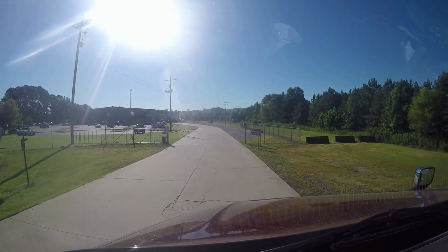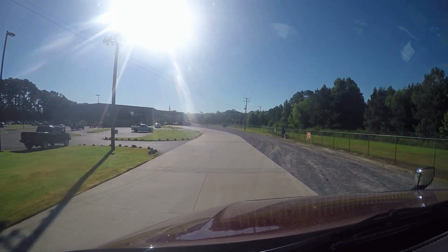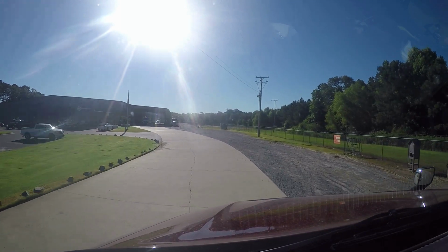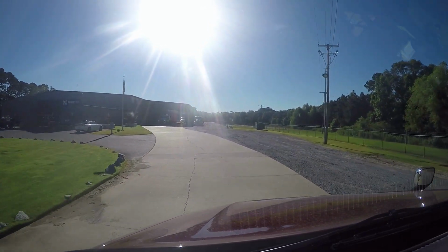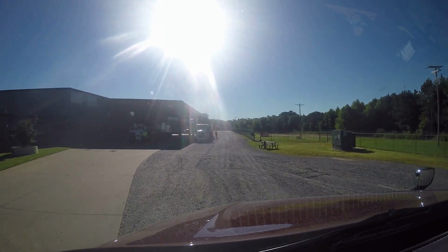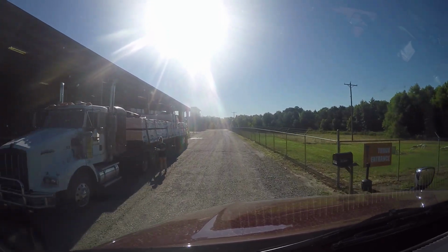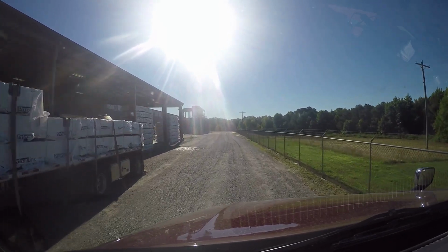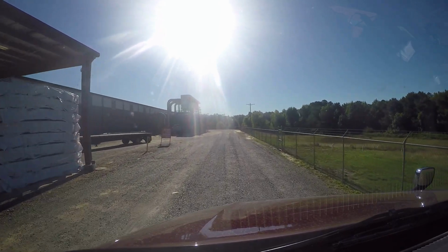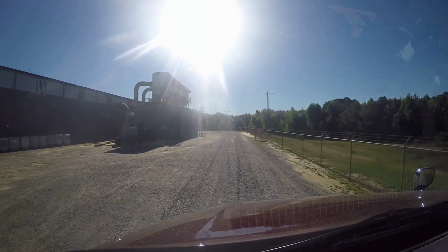Well, I see already 3 trucks, 1 loaded and 2 in the loading area. So the way this works here is I'll stay to the right and drive all the way back around the building where they have you drive around, kind of turn around and come back this way, and then you get in line to get loaded here to the left. So there's already 1 truck in there, looks like waiting to be loaded, and then there's a truck here in line waiting to be loaded. So that'll put me number 3,